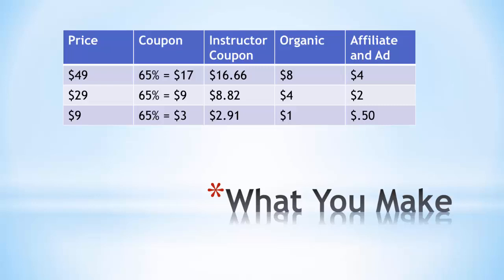So I'm saying that $29.49 is more the price that you want to be at. Now what you're hoping is that every once in a while somebody will come along and do an organic sale just at your existing price, like at $49. That nets you $24 right there. Boom, you're off to the races. That's a good day if you can get one of those sales every once in a while. The rest of the time you're going to be doing coupon sales, and hopefully it'll be your own coupons so that you can get the 98%. Let's go on and look at some other ways to view this.